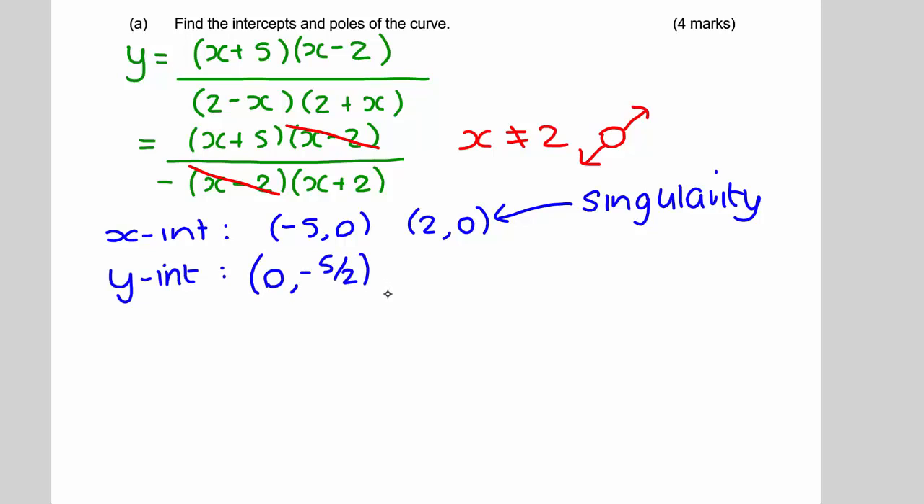Okay, now what about asymptotes? Asymptotes, or poles as they're also called. Well, looking at the bottom line, we know that x equaling -2 is a problem. And we need to consider what happens as x gets really, really large or really, really small. Well, as it gets really, really large, so as x tends to infinity,